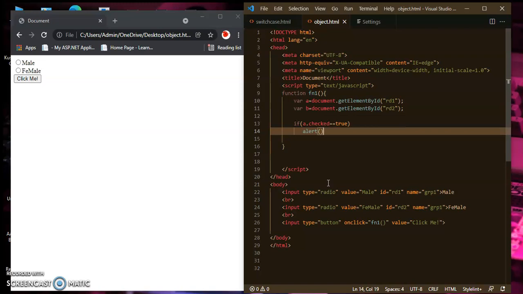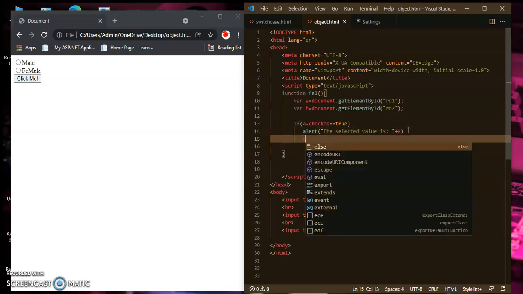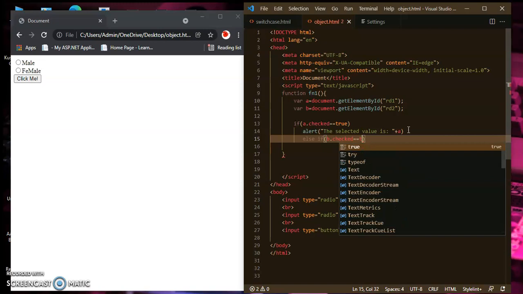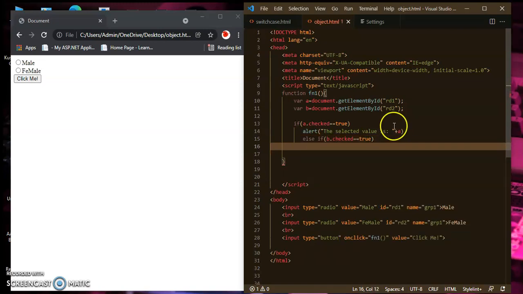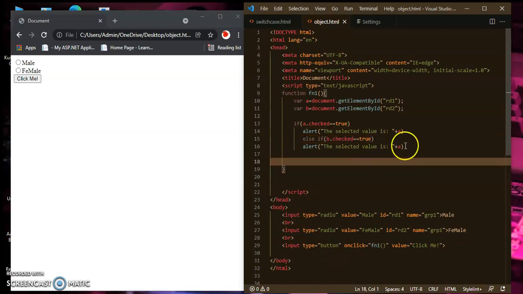Inside of alert you will print the message, the selected value is plus a, okay, else if b dot checked equal to true, then alert the selected value is plus b.